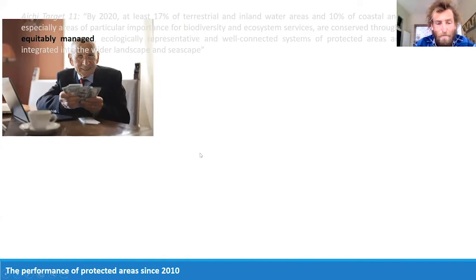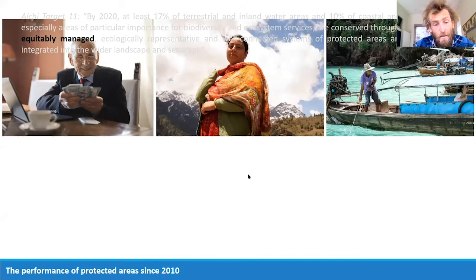But the study also showed that decision-making was not equitable. In many cases, local stakeholders perceived a general loss of rights over natural resources after protected area establishment. So this is what I flagged earlier around social issues. These really need to be better avoided, better managed, if area-based conservation is to be truly effective in the next few decades.